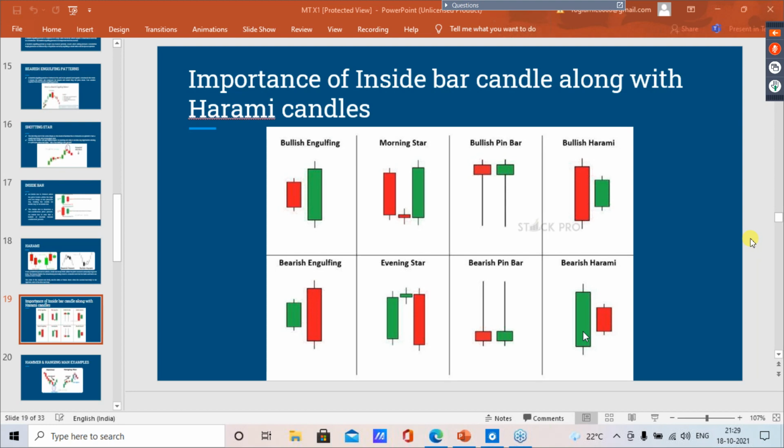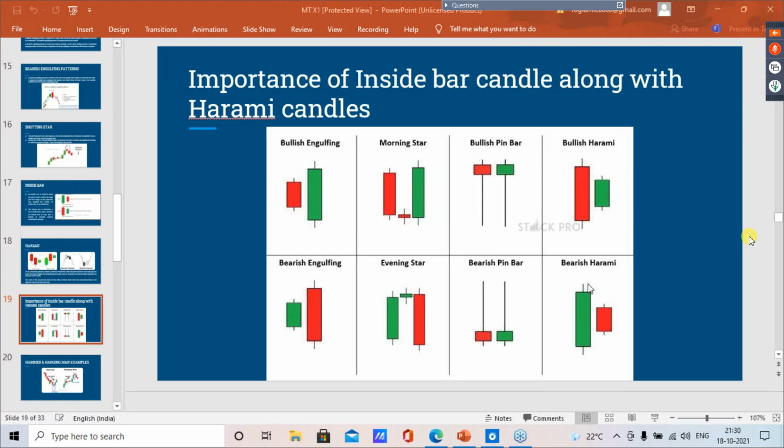So bearish Harami is also a reversal pattern. That is the first point. Second point, it has to be an inside bar. This is a must. If the high or the low is broken, please do not consider it, and it won't work in the live market. Third point, it should occur at the top of an uptrend. This works similarly to the inverted hammer.